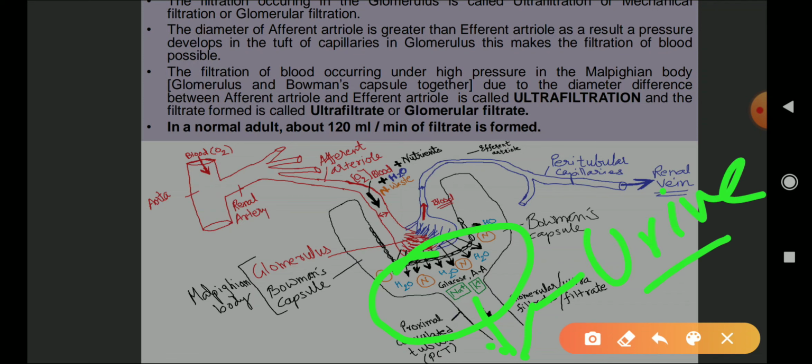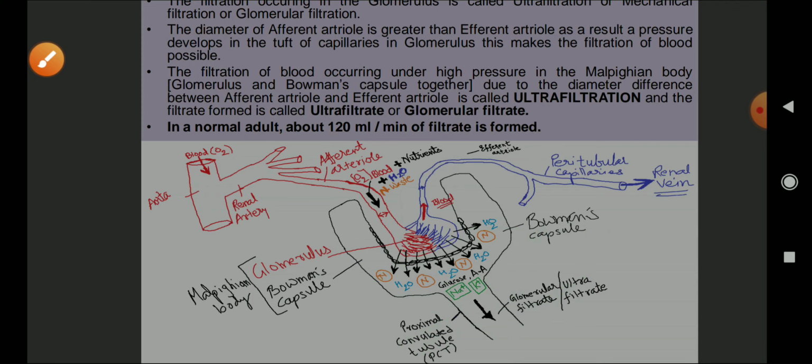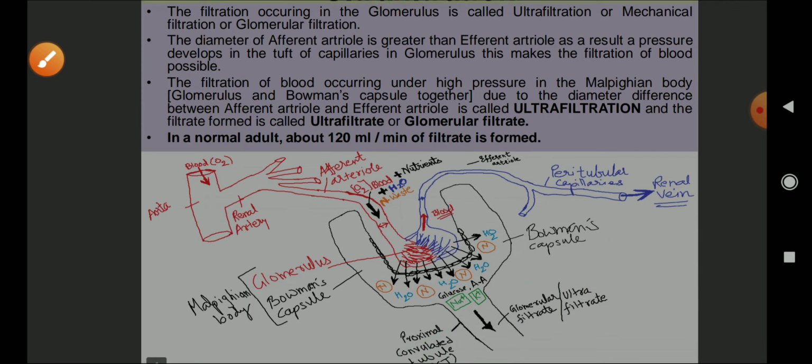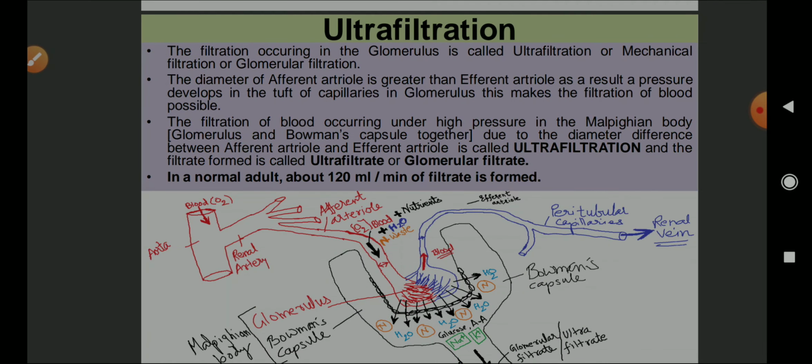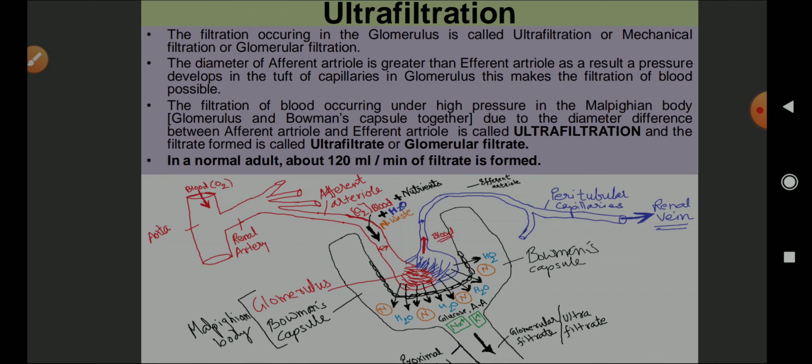Now if you see in the formation of urine, water, glucose, amino acid, sodium, hormones, enzymes, all these are carried in the urine, which you don't require. Otherwise what happens? You are losing so many important substances in the urine. It requires to be reabsorbed. So the second step begins, and the second step is what? Reabsorption of useful substances, and that is selective reabsorption. So let us see the ultrafiltration, and then we'll move on to the selective reabsorption.